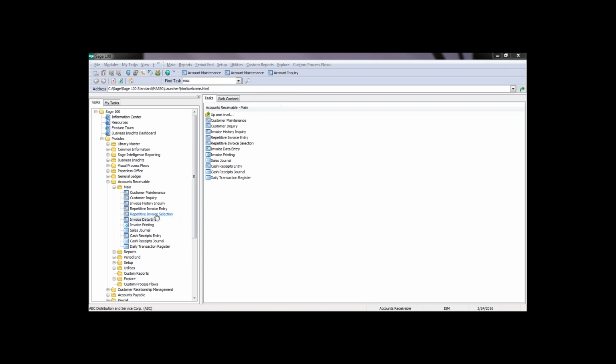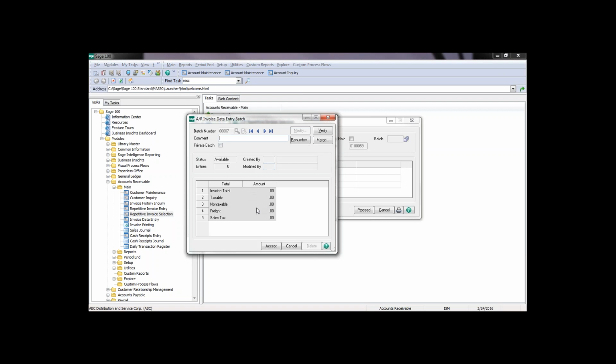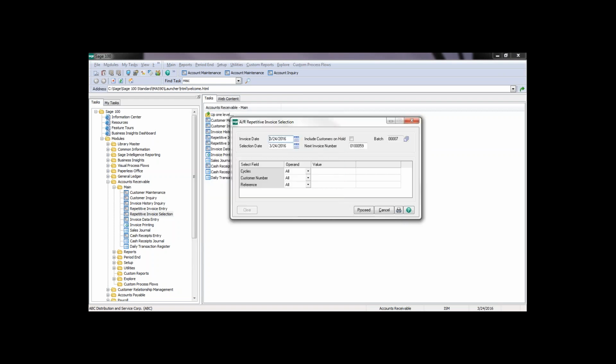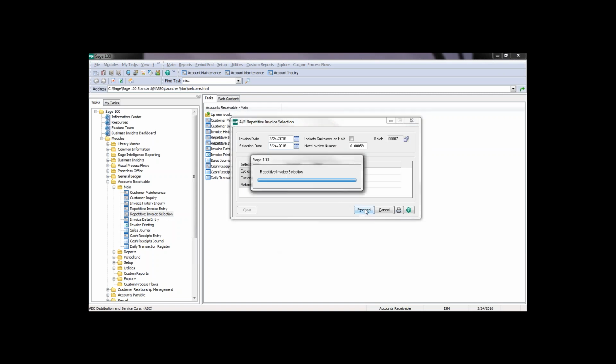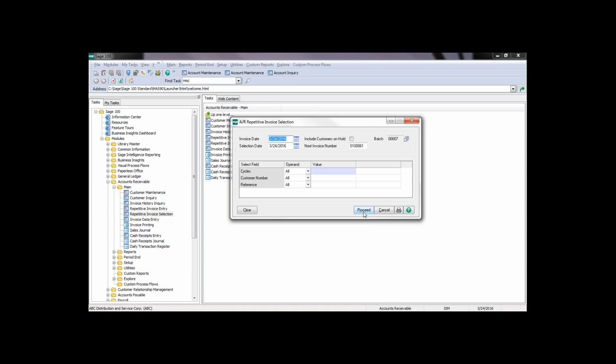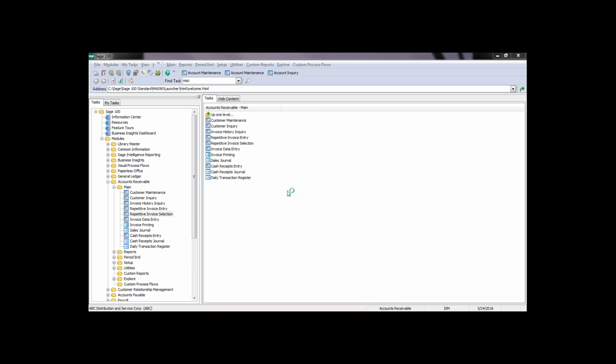And now we can go into repetitive invoice selection, and this is where we can choose our invoice date, our selection date, and then this is where we can choose our cycle. So if it's monthly, yearly, quarterly, this is where we would type that in. Or you can choose by a customer range or even that reference number if you know that off the top of your head. So you click proceed, and it will create the